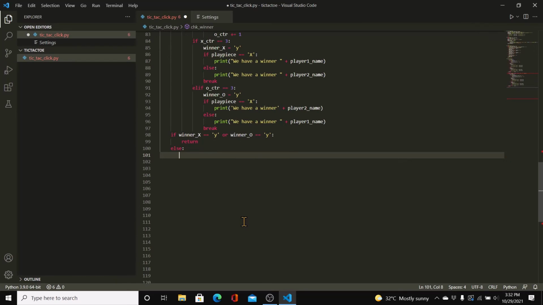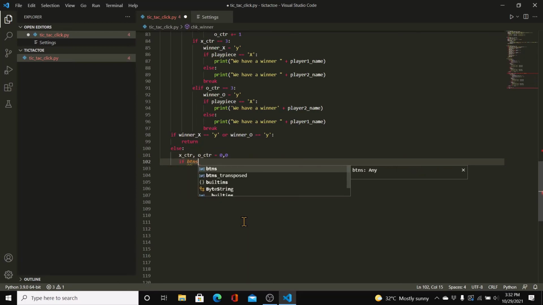So else we'll initialize x counter and O counter to 0, right? And then we say if the btns of 0, 0, so we're doing the left diagonal first, dot cget